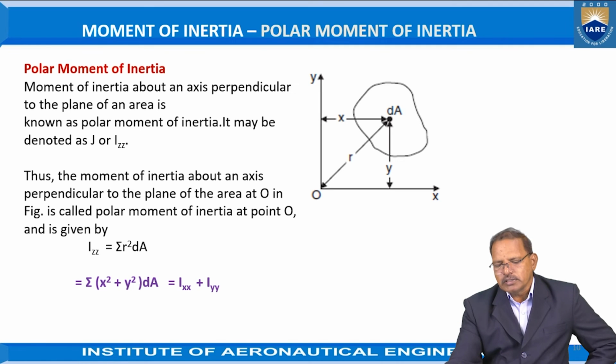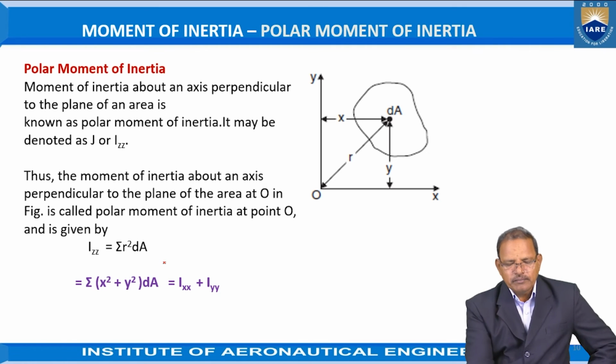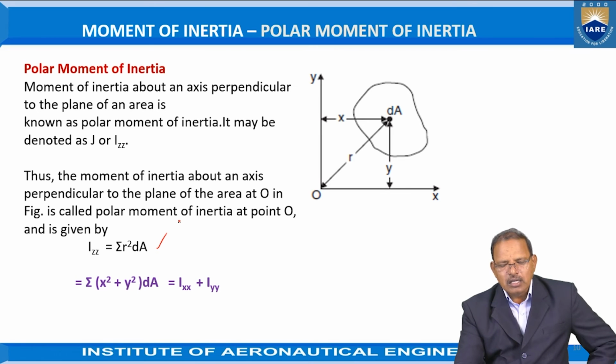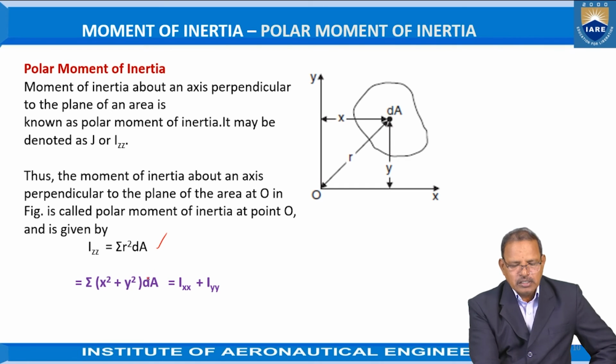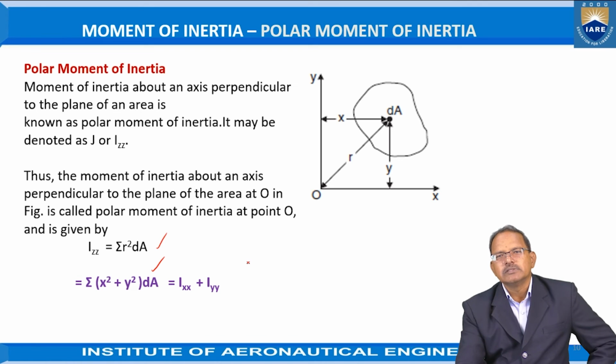So the moment of inertia about the z-axis: let us consider an element dA, which is at a distance of x and y from the y-axis and x-axis as shown in the figure, and R is representing the position of that area about the intersection of these two lines, that is O. So according to the principle, Izz is equal to sigma R square dA, where R square is equal to x square plus y square, hence sigma (x square plus y square) dA, which is equal to Ixx plus